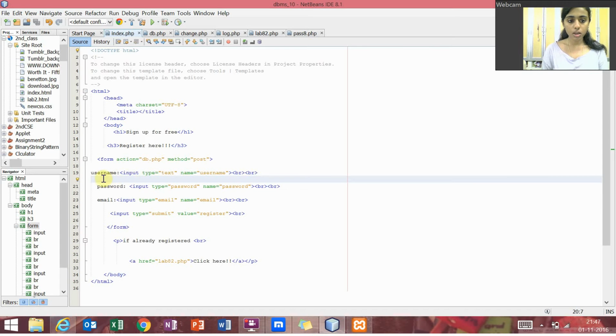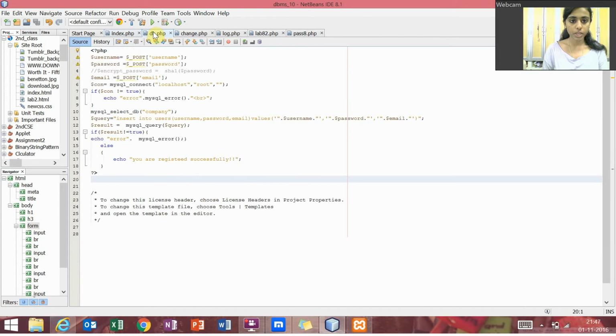Then I have given a username, password and email, each with a text box along with it. Then I have given a submit button with the value registered on top of it. And then if already registered, I have given another anchor tag which will link on to the next PHP command, that is lab82.php. Now for the first one, for the ones who have newly registered, I'll move on to db.php,